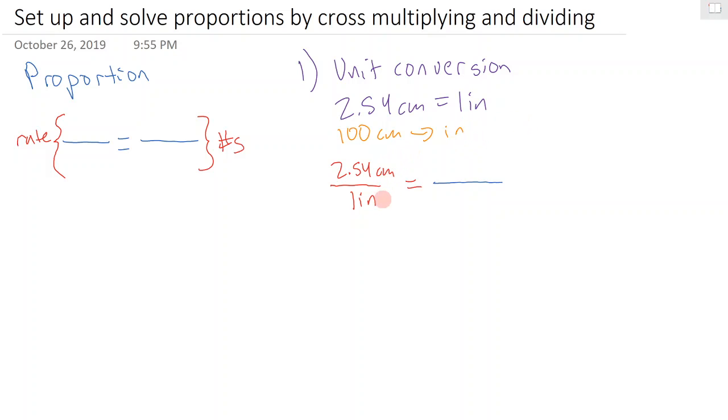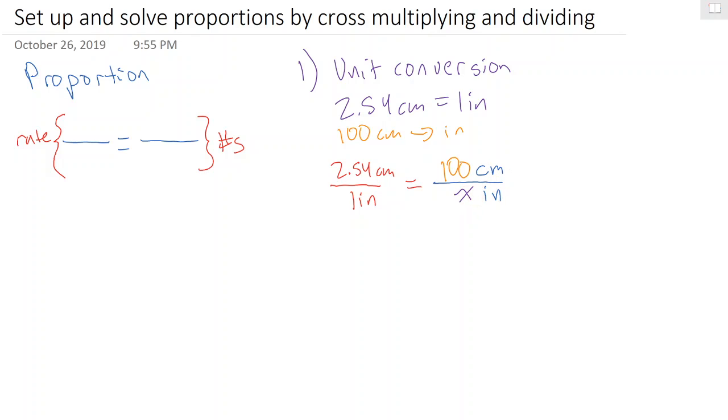Now, the key to setting up a proportion correctly is this: I've sort of arbitrarily put 2.54 centimeters up top. I could have put 2.54 centimeters underneath. It doesn't really matter, but since I've chosen to put centimeters up top, this one also has to be centimeters. And because inches are underneath, this one also has to be inches. So in general, these two things need to match, these two things need to match. Our left-hand side needs to match, that's our rate, and our right-hand side needs to match, these numbers, this quantity in question. So our 100 centimeters, we're going to fill in on the right, and we're going to have some unknown x